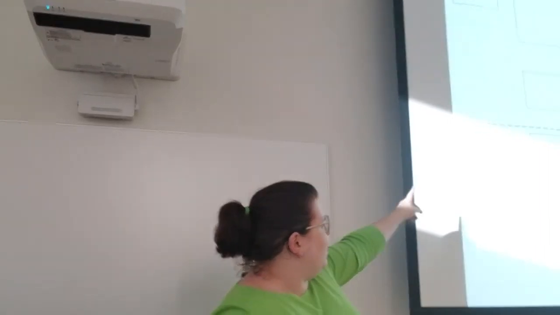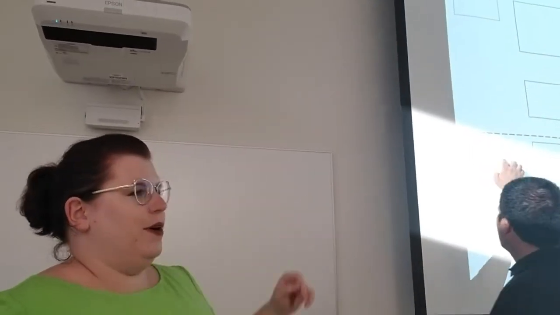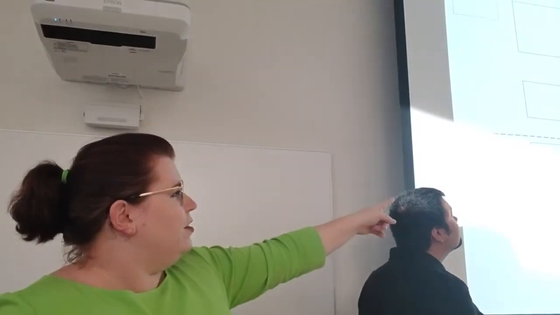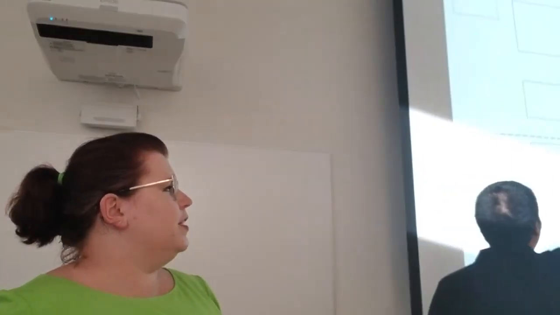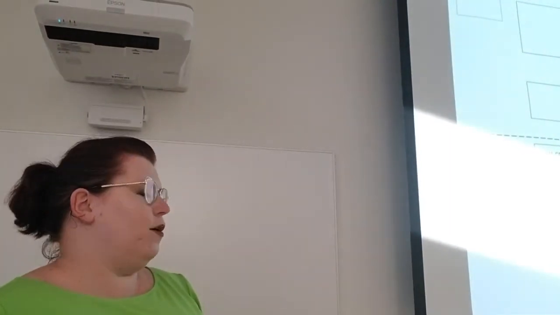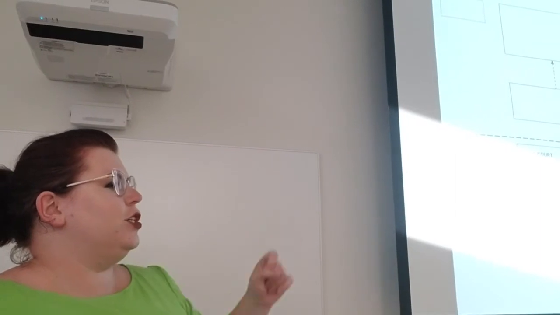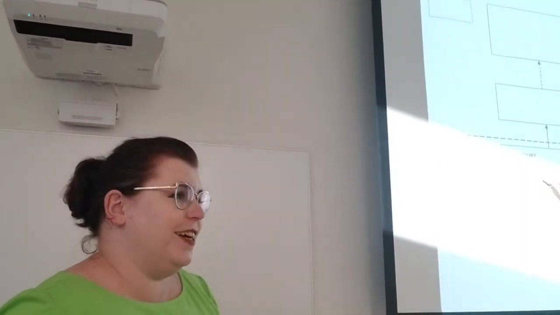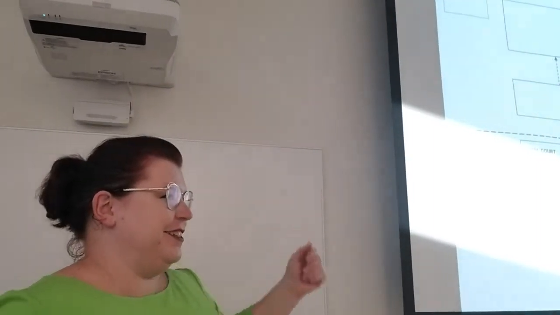I'll click or point. I'll do it here. What's going to go in that one? Original jurisdiction. Yeah, original jurisdiction. All right, immediately to the right, how would you fill in that one? This is going to be the trial courts. Which jurisdiction is the trial court? The state. Very good. It's original jurisdiction.